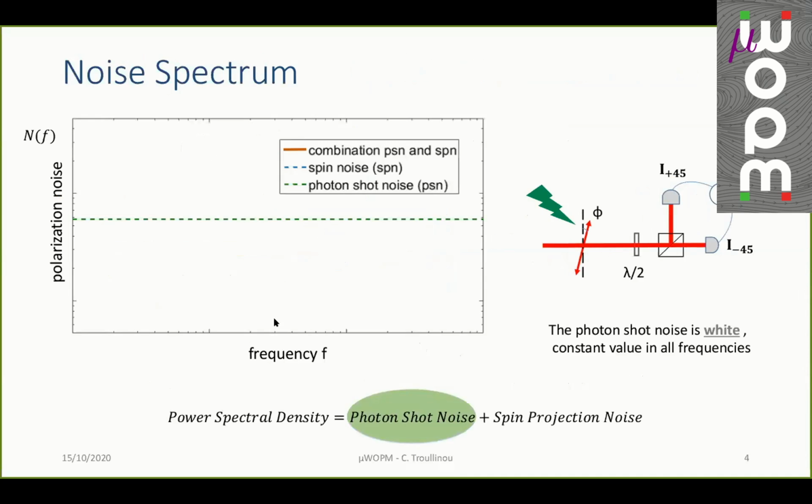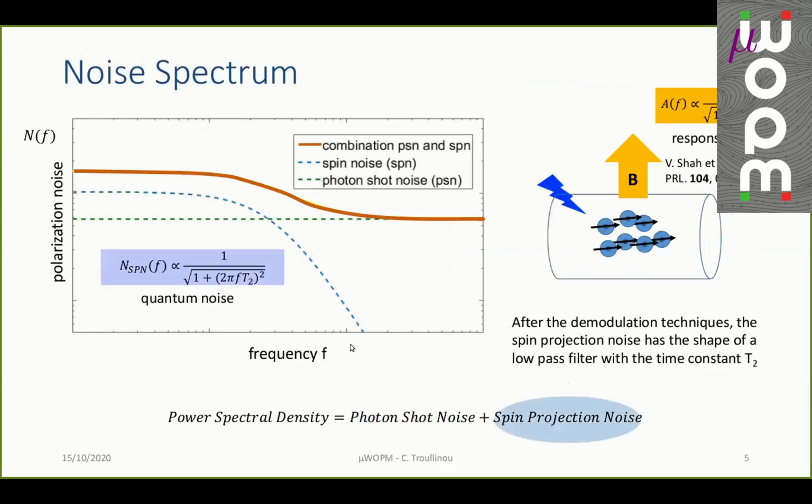So the photon shot noise is white. It has a constant value throughout all of the frequencies, and then the spin projection noise has a different form. After the modulation techniques, it has this characteristic roll-off, so it looks like a low-pass filter